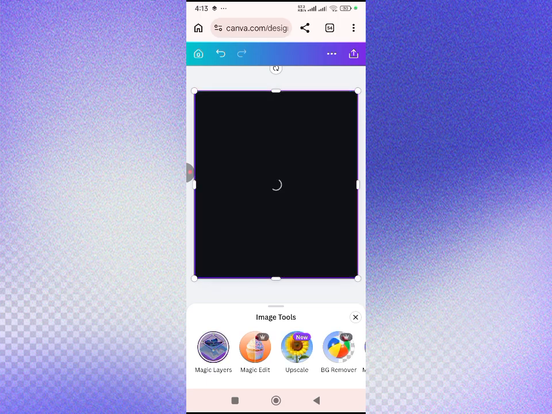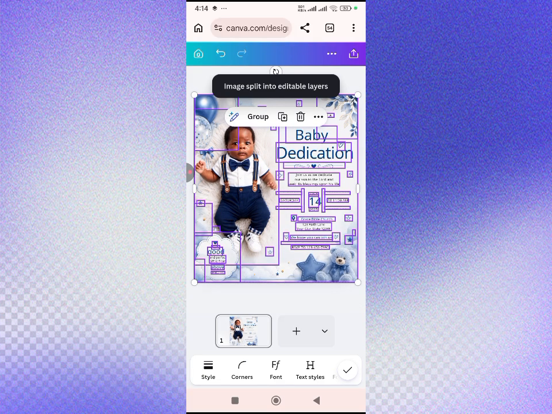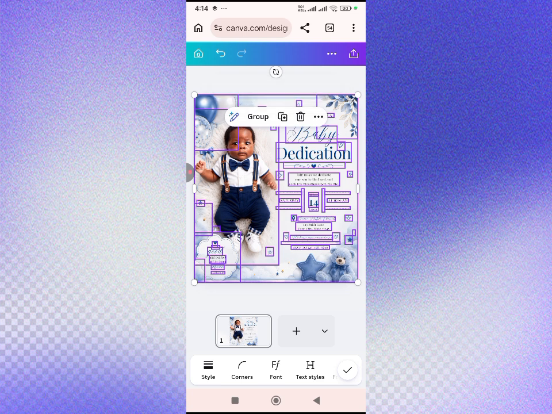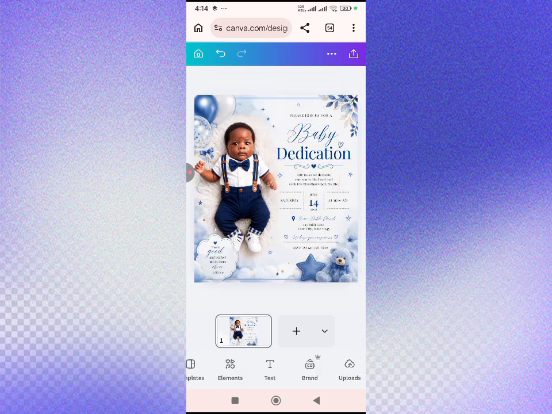So the magic layer helps to ungroup the entire design that is inside this particular page you're working on. So it will make all the text editable, the pictures editable. Whatever it is you want to adjust, you can now do it comfortably. You can even change the colors, the style, the arrangement. Anything you want to change, you can do it as a result of this magic layer feature on Canva. And remember, I think it is only a premium Canva that enables you to use it anyway. So you can see right here,